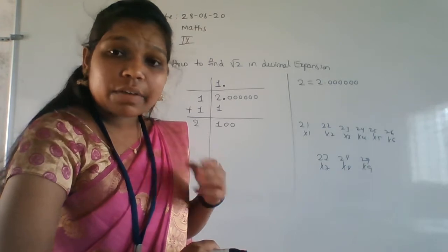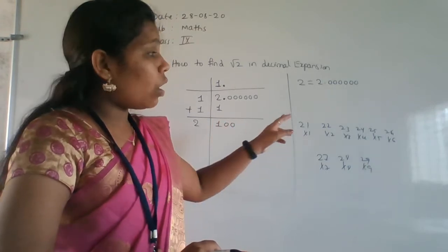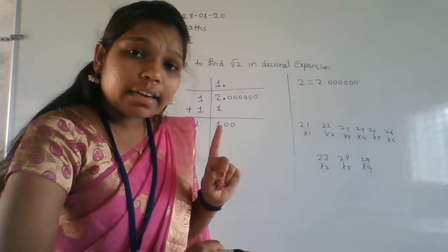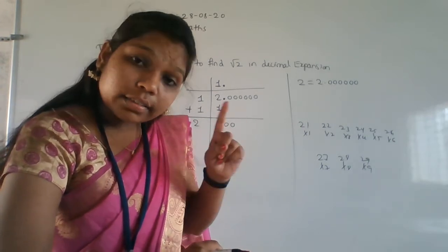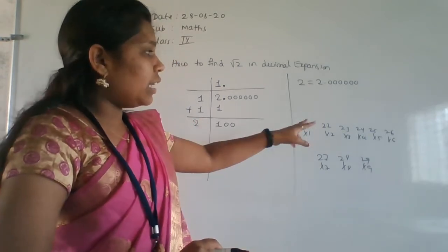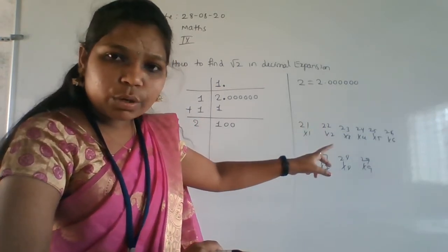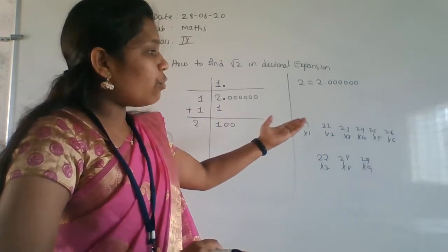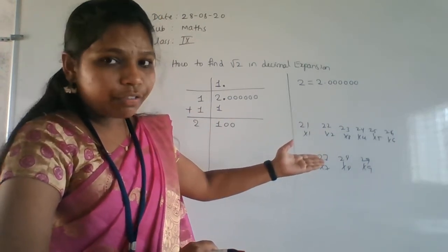Okay, we can't multiply with the 3, 4 like that. Whatever the number is in the ones place, we have to multiply with that number only. We can't multiply the other numbers. 3 is there in the ones place, then we have to multiply with the 3 only. We can't multiply the other values. And 4 is there, we can multiply 4 only.